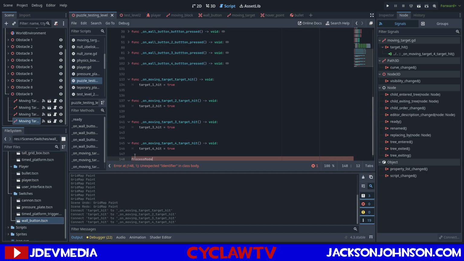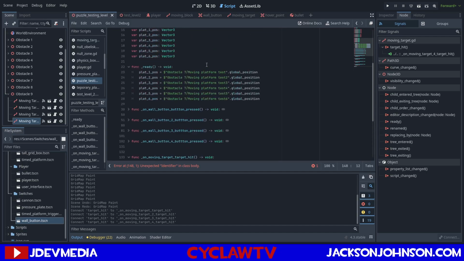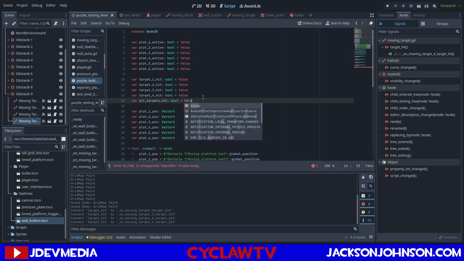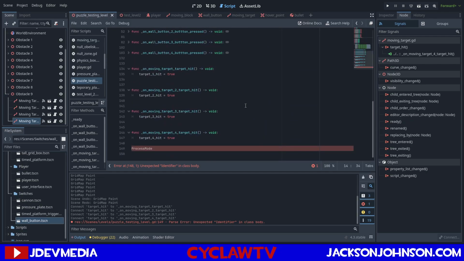Or activate something once? Are all targets hit. Cool equals, come on, false, save,